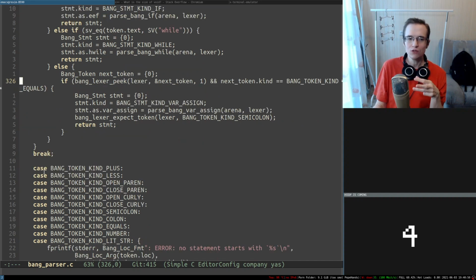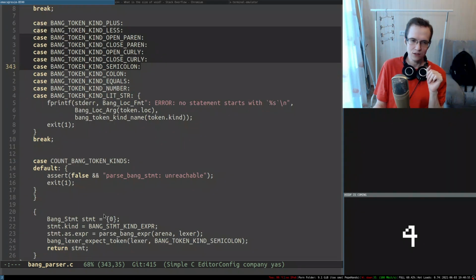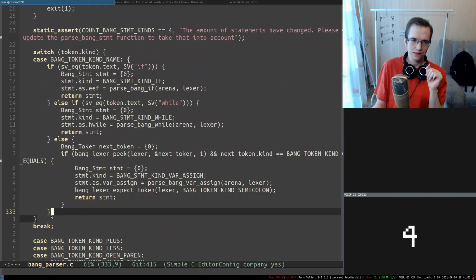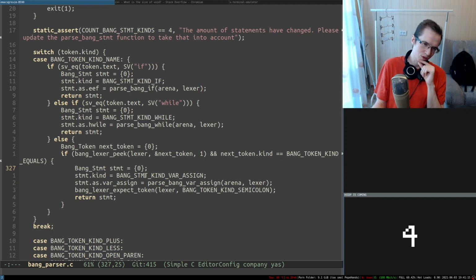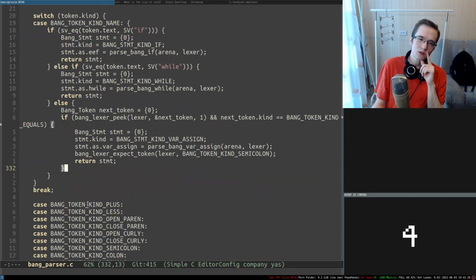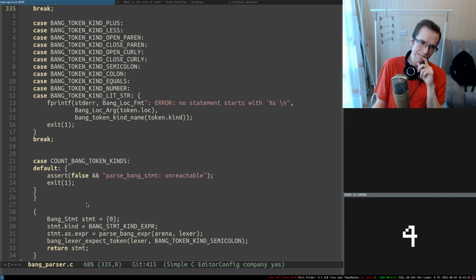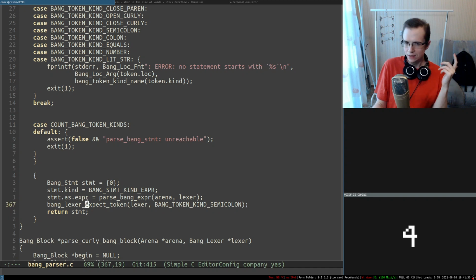So that means we probably need to get rid of this entire thing in here, right? We probably need to get rid of it and just let it fall through, I suppose. Just let it fall through and try to treat it as an expression here. So here's what is going on here, by the way. So you peek into the token and you may have it as an assignment. Okay, oh, this one is interesting actually. But if it's not an assignment, I guess what we have right now is essentially